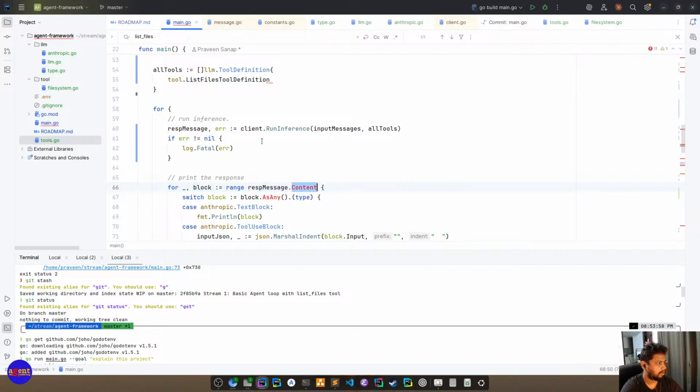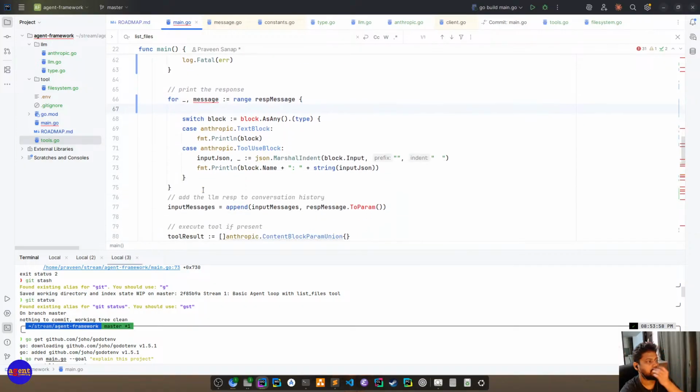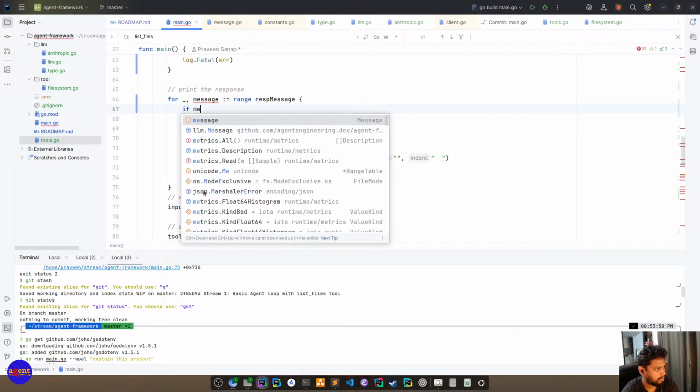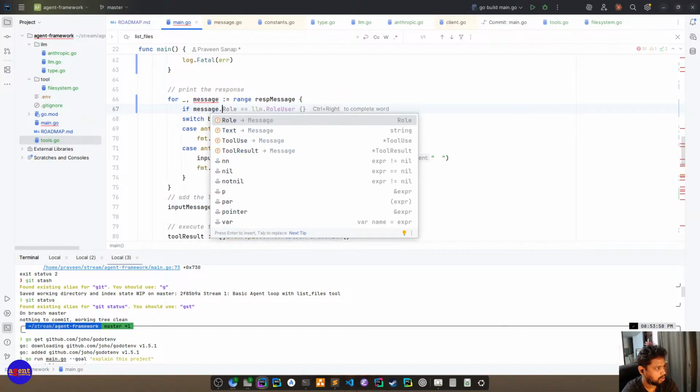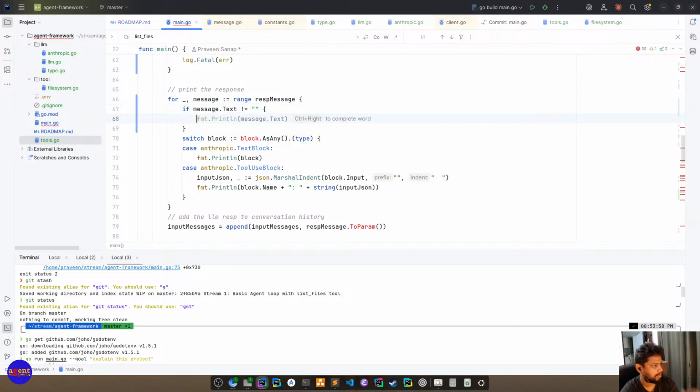Right now, whatever the response message is, right? Response message. If message dot text is not equal to empty, we do this, right?